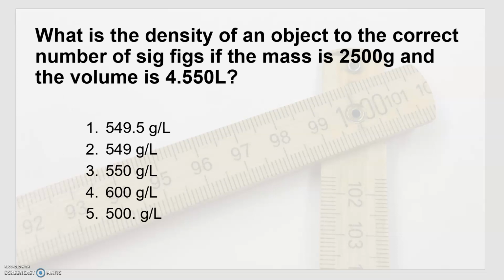So here's an example. They want to know the density. Notice how density keeps coming up. This is an important concept, density. So we want to calculate the density to the correct number of significant figures. We have a mass, we have a volume, and this looks like a multiple choice question. All the units are in grams per liter, and I have a mass in grams, and I have a volume in liters. So I'm going to just start this by writing my 2,500 grams, and I'm going to divide by